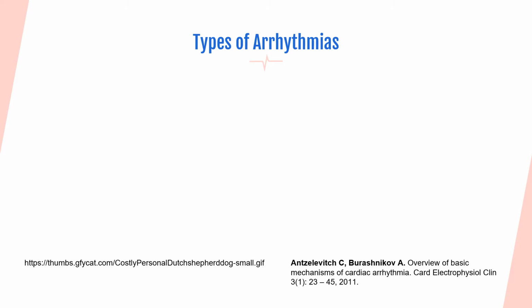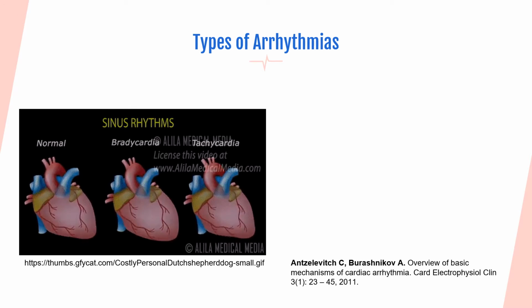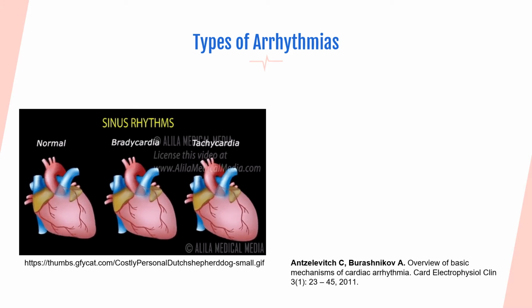Arrhythmias can be classified based on where they originate from and how they change the heart rate. There are two main types of arrhythmias: bradycardia and tachycardia. As seen from the diagram, bradycardia refers to a slow heartbeat, while tachycardia refers to a fast heartbeat. While fast or slow heartbeats can be normal, for instance, after you finish exercising, you may notice that your heart is beating faster than normal. But the changes in heart rate that result from arrhythmia are due to changes in the heart's ability to maintain